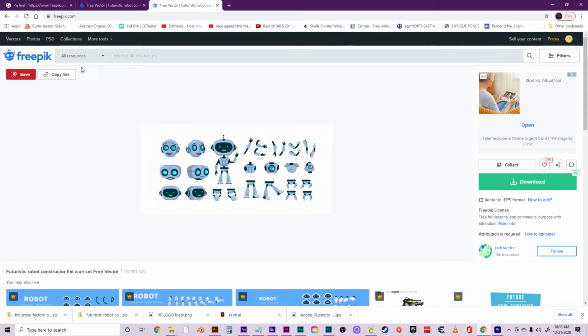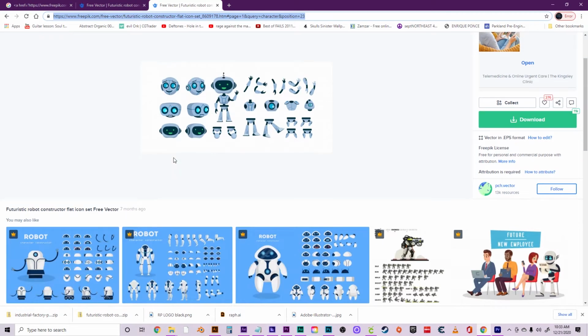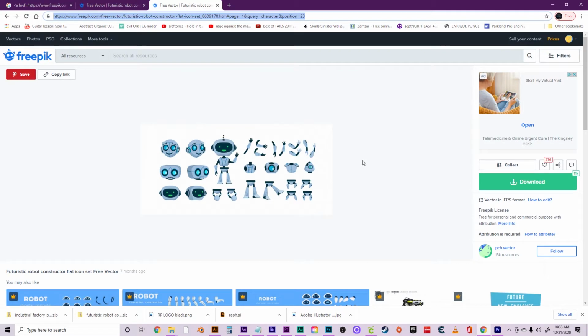So I have put the link in the description for this robot and also for a background. And as you can see, they got all kinds of cool little sets here. And what you can do is just customize a robot and then animate them yourself. So go ahead and download those assets to a directory on your hard drive, and then let's hop on over